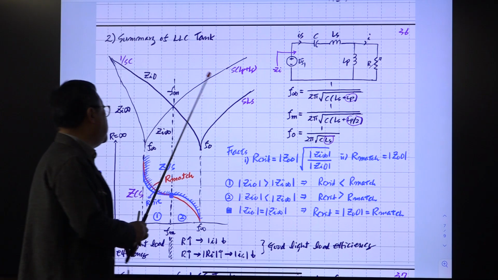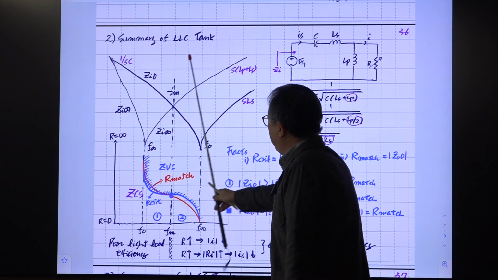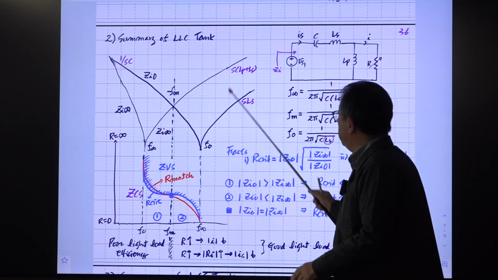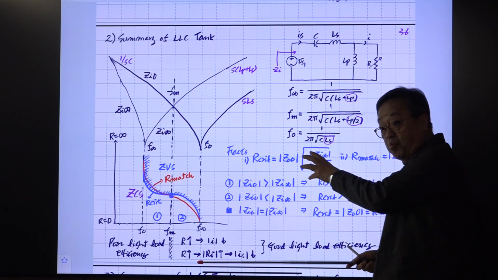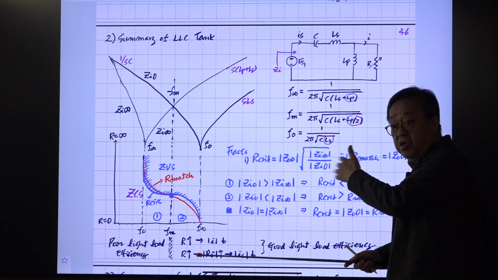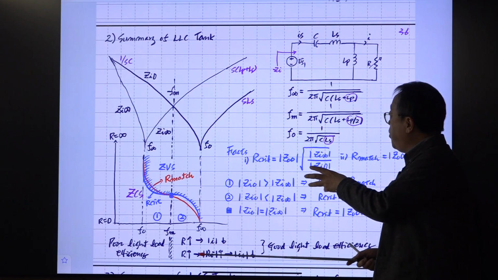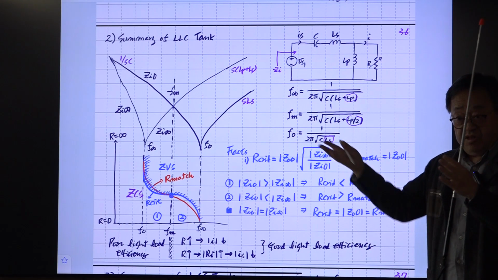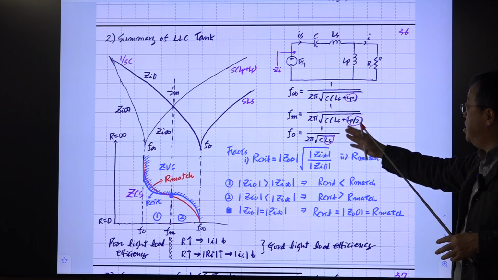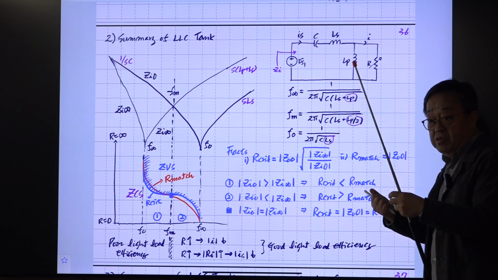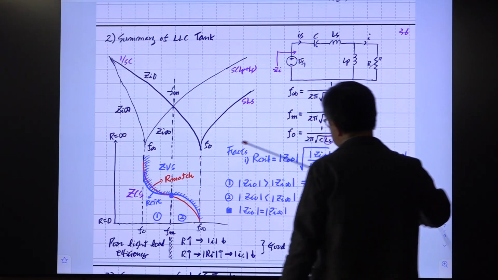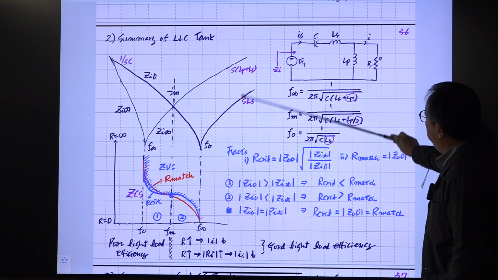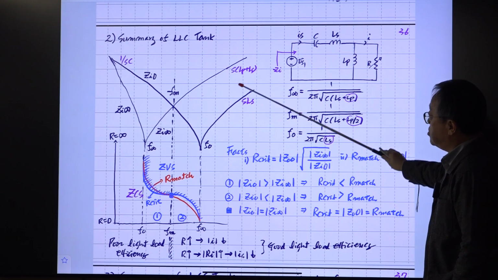And binode efficiency: this one is the good binode efficiency region. This is the bad binode efficiency region. So this shows all the information about the operation of the converter for the given tank structure and for the given switching frequency range. So it provides some information. You should think about the range of operation, right? You should consider all these things together in a comprehensive manner for the safe operation of your converter. So this is some detailed information about this, right? We went through this several times, so you can easily figure this out.